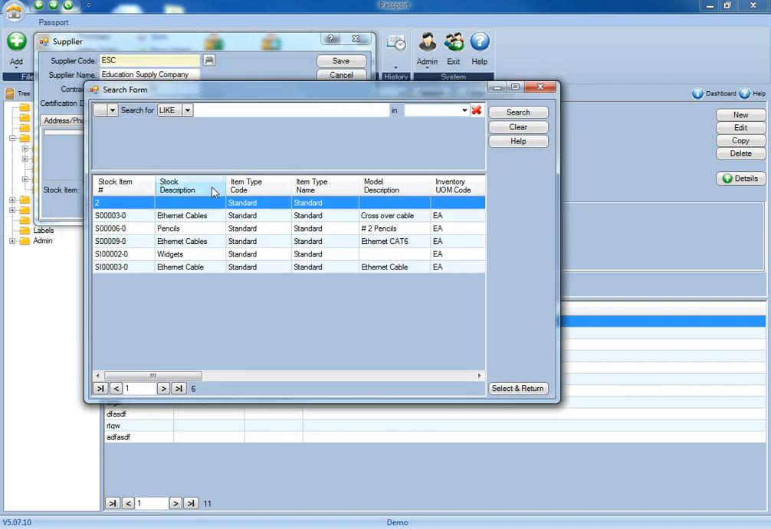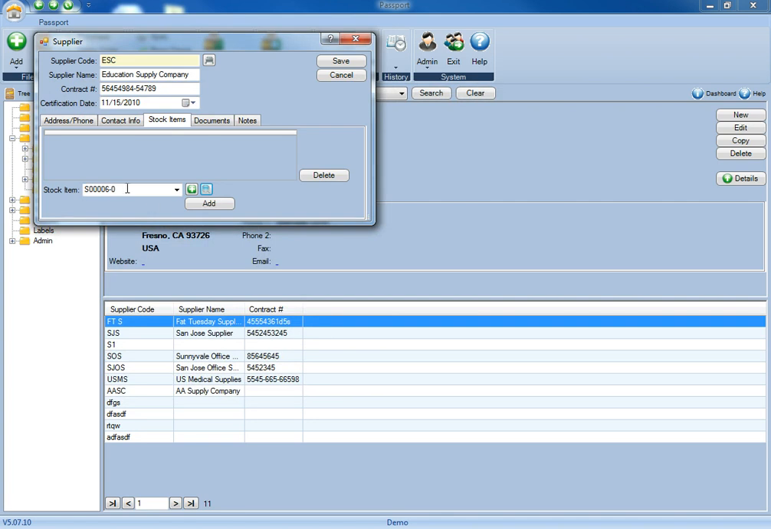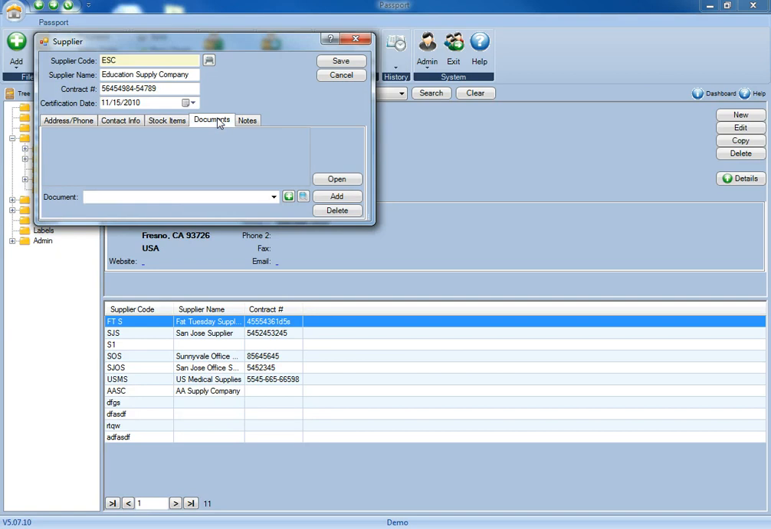Once you have it selected, you can just choose the Select and Return button, and now you'll see it's in the drop-down menu, and you can just click Add to add it into the stock items for the supplier. If you have any documentation, here's where you'd be able to select from a list of documentation,